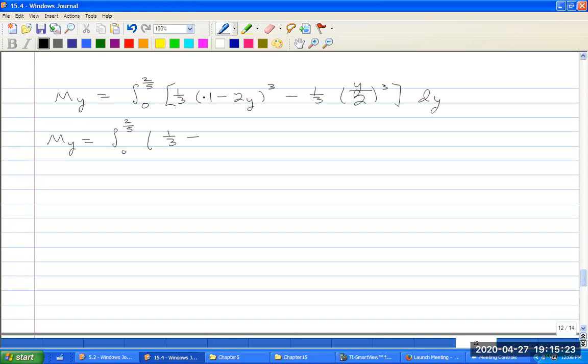So 3 times 1/3, those cancel, times 2y, plus 3, which cancels the 1/3, times 1 squared, times 1 times the quantity 2y squared, so that's a 4y squared, minus 2y cubed times 1/3 gives you